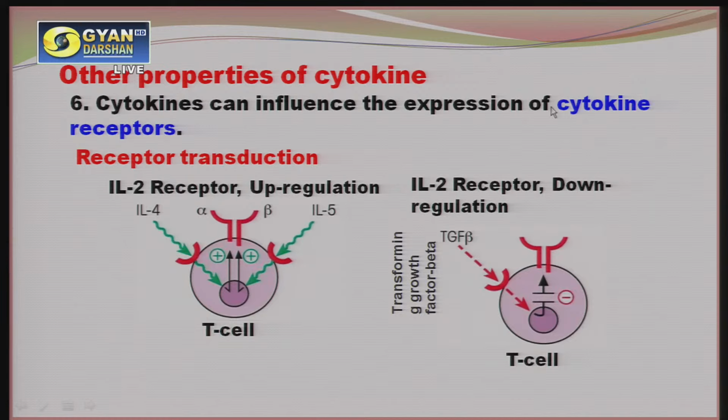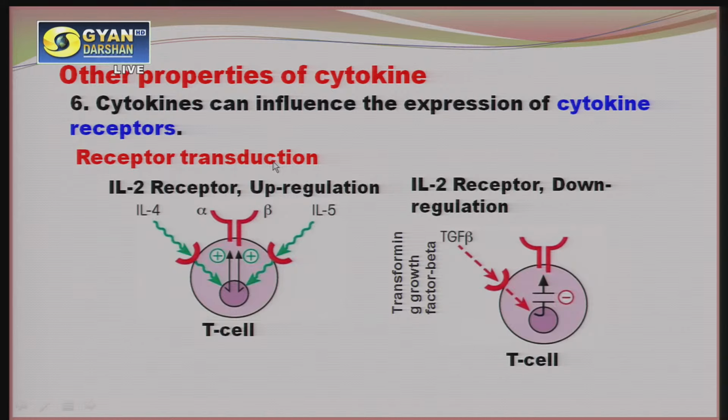Cytokines can influence the expression of cytokine receptors. Here are the receptors, with alpha and beta chains. It is a receptor of the T cells. You can see in this figure, here is interleukin 4, interleukin 5